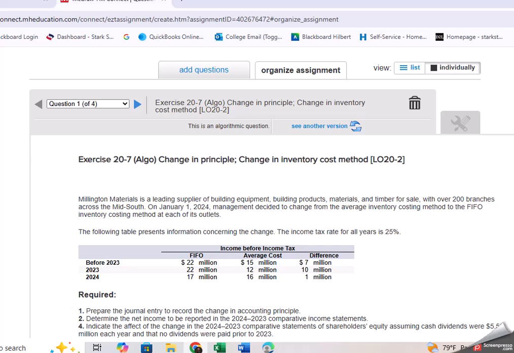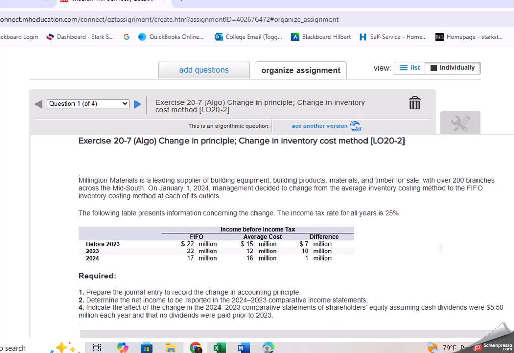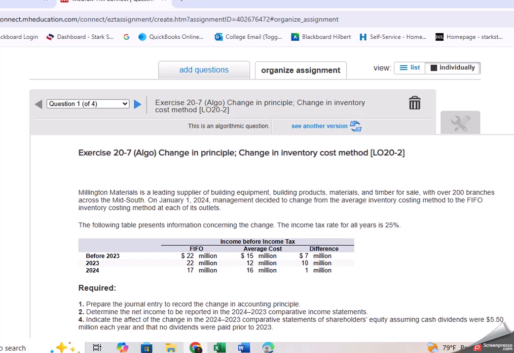Okay, this is just going to be a brief walkthrough of some of the exercises that deal with a change in our accounting principle, a change in our estimate, and error corrections. So this first one, we have a change in our inventory cost method. So we are going from average inventory costing method to FIFO, both of which are generally accepted accounting principles, but